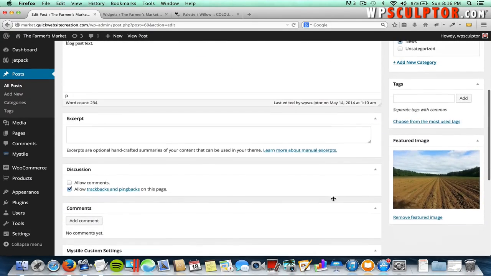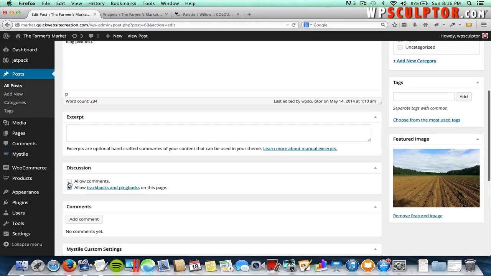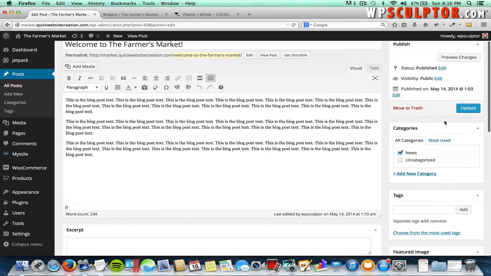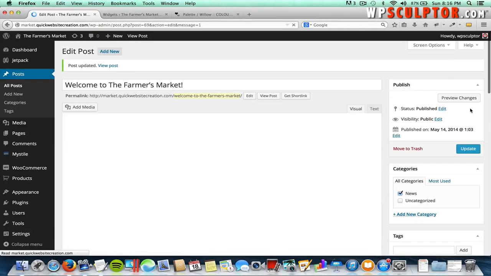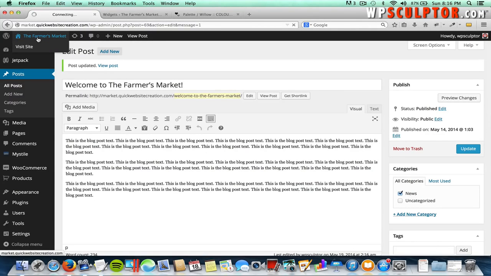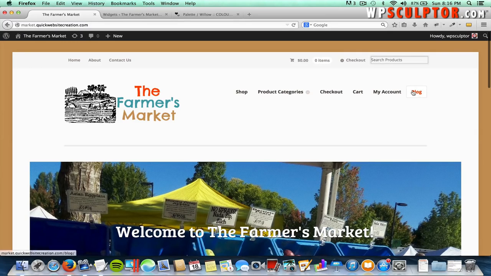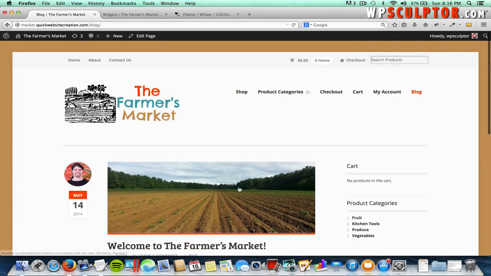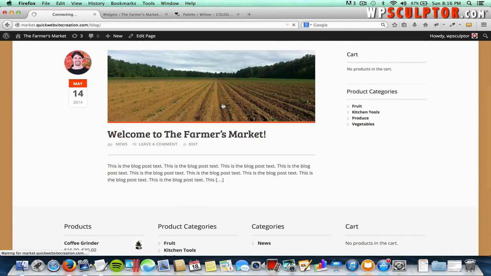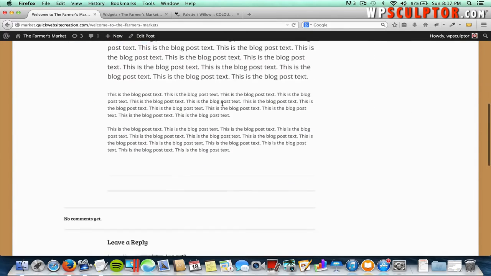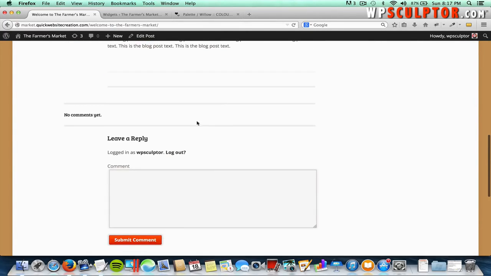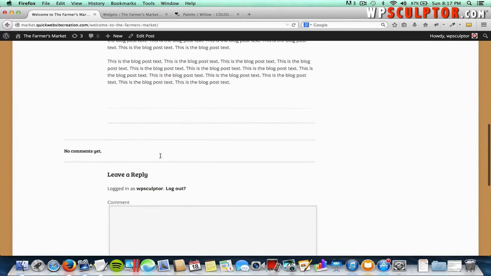Scroll down and you can see that we now have the option to check this box to allow comments on this particular post only. So I'm going to make that change, check that box, scroll up and click on update. And now if we go to the front end of our website, go to our blog page, open up this blog post, and scroll down to the bottom, we now have an option for users to leave comments. And if we scroll back up